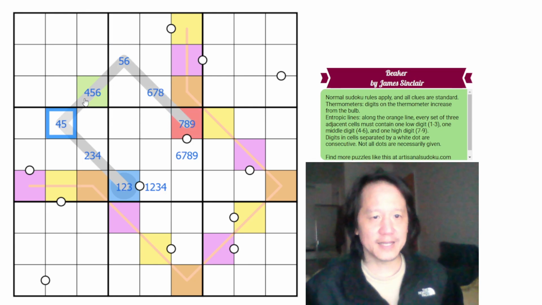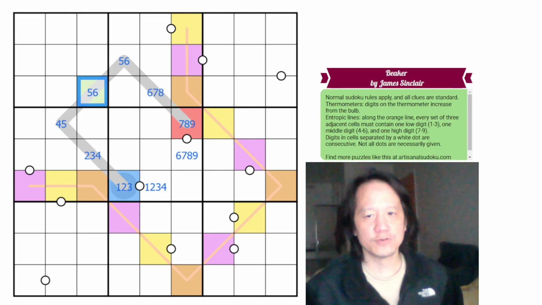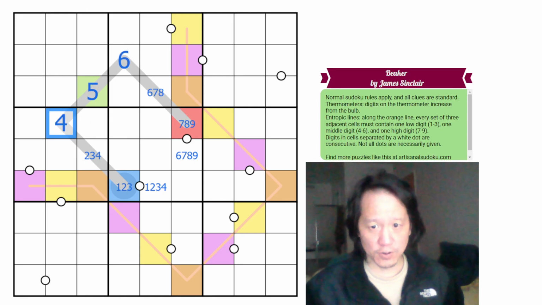Well, this has to be greater than 4 or 5, so this can't be 4. This has to be less than 5 or 6, so this can't be 6, so therefore this has to be a 5, which makes that 4, and therefore this is 6. So these are all